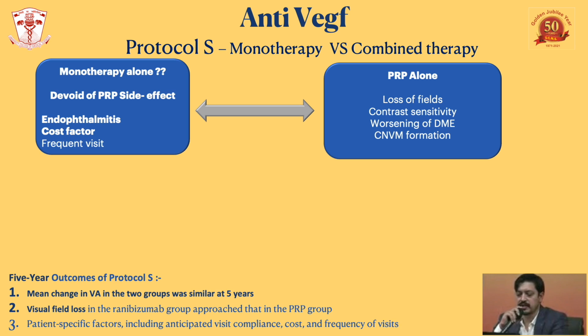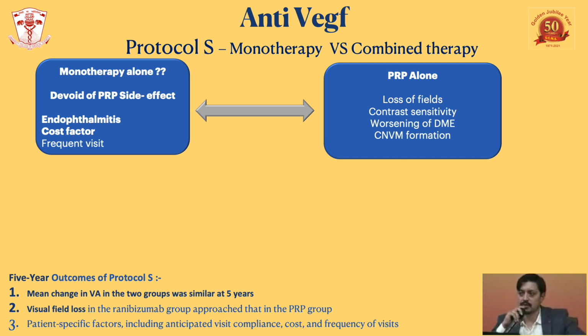An alternative was in the form of anti-VEGF, and Protocol S initially gave us this alternative, in that we can give anti-VEGF as monthly injections, one after another, and get rid of the PRP per se. But there is a problem with that. The problem is cost. Although in an institute like ours the injections are given for free, for a private person this injection is going to cost huge. At the same time, there has to be strict patient compliance, and a higher number of injections means more chances of endophthalmitis. What the evidence now states is that 5 years later, when the study revealed its final results, the visual field loss was equivalent.